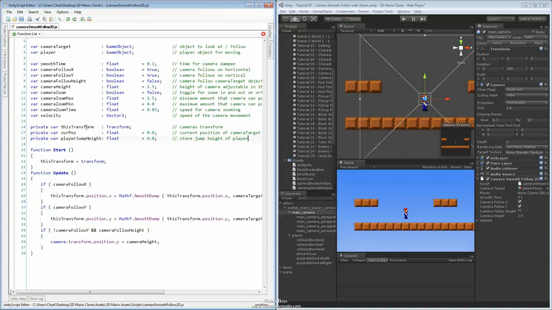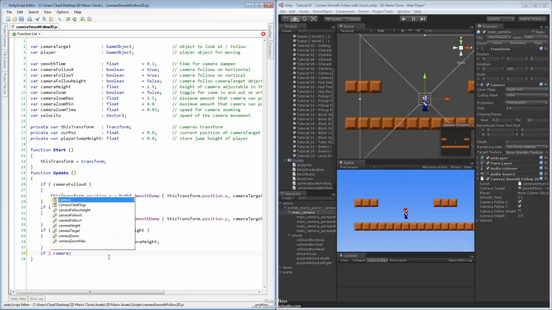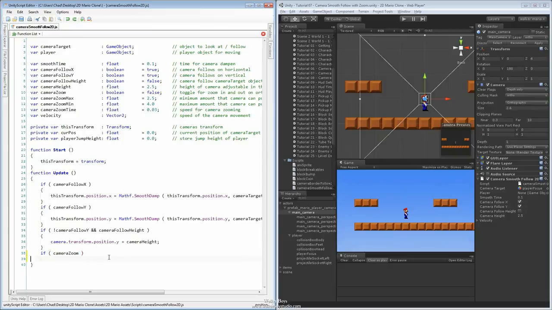Alright, so if we go down here into the update, we're going to start using the variables that we're creating and working with here. For the update, let's do the first one, which is the check. So we'll say that if the camera zoom is true,